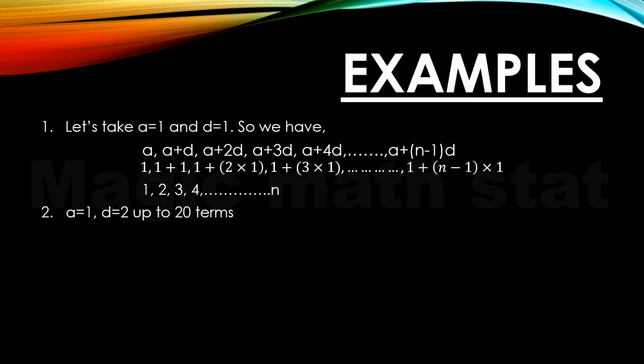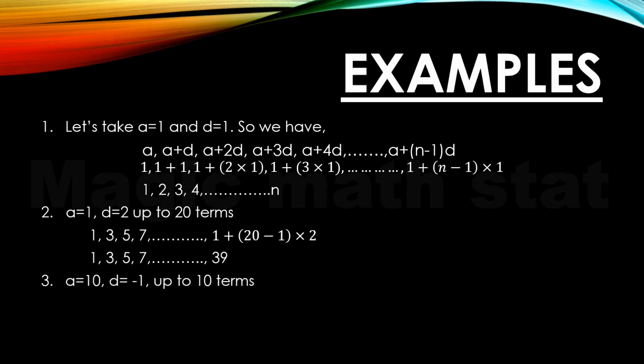Now let's set A equals 1 and D equals 2. Let's find this AP up to 20 terms. The series starts from 1 and we have seen the other terms are formed by adding the common difference again and again. Hence, the second term will be 1 plus 2, which is 3. The third term will be 3 plus 2, which is 5. The fourth term will be 5 plus 2, which is 7. And it will go on up to, now you remember the form of the nth term in an AP, so let's put 1 plus (20 minus 1) times 2. If you simplify it, you will get 1, 3, 5, 7 up to 39.